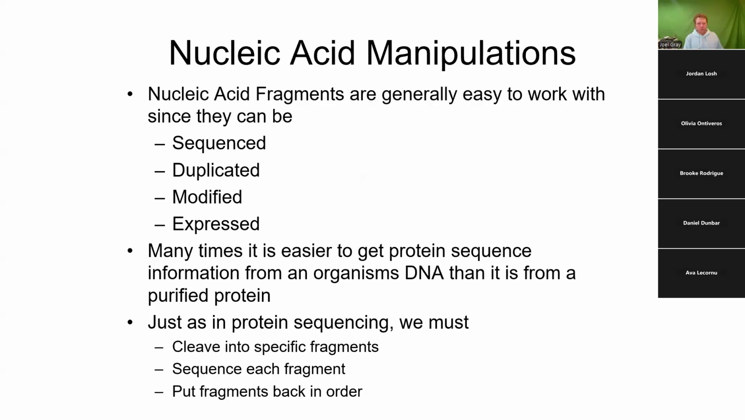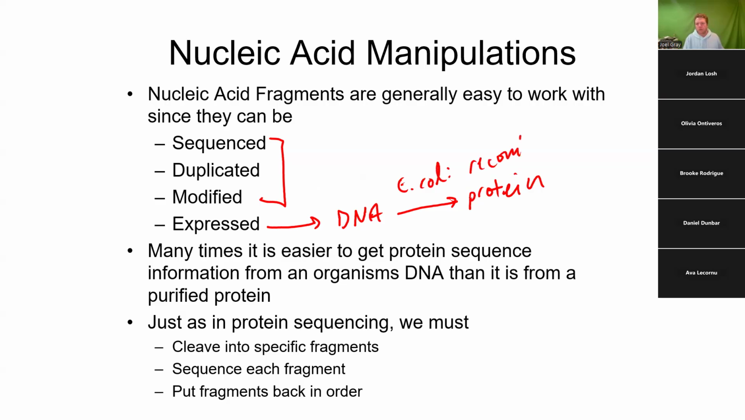These first three are, well, you can purify that molecule and analyze it. This last one is you can take a DNA molecule and make it into a protein with E. coli or yeast or something like that. And the word that's typically used for this is a recombinant